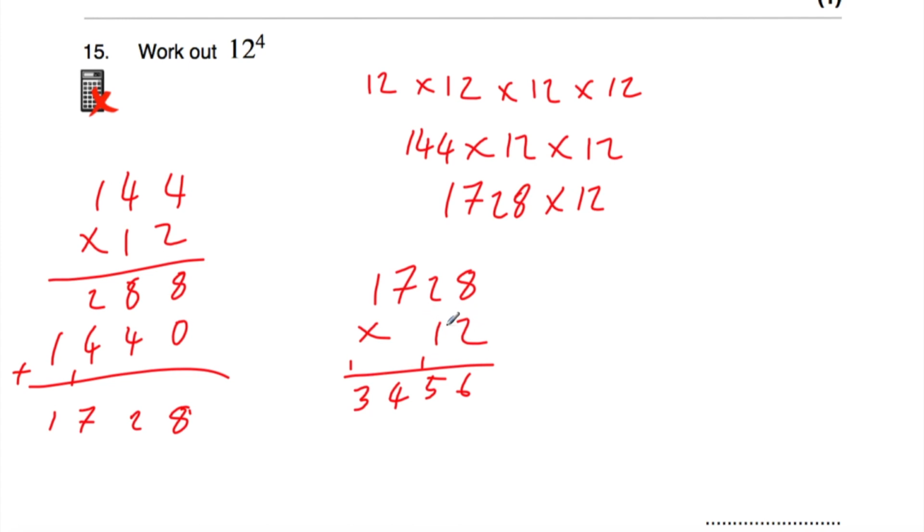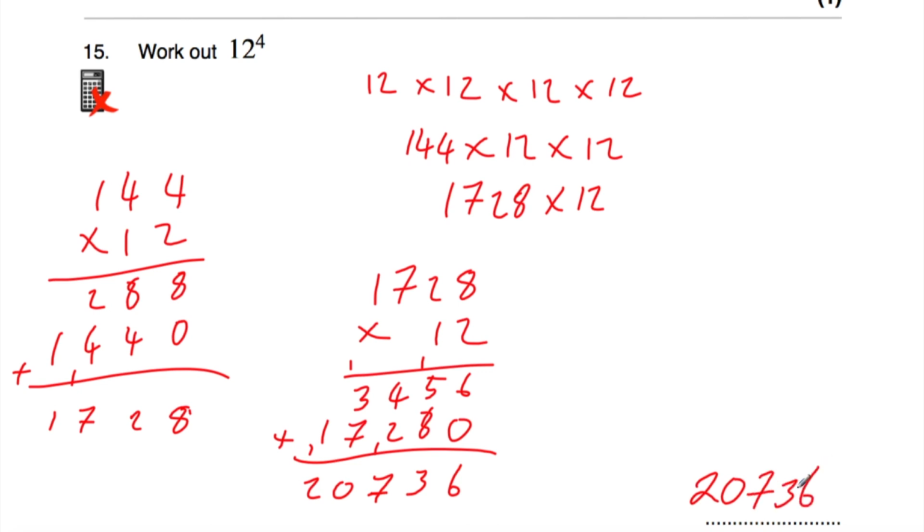So we've multiplied by 2, now let's multiply by 10. So put a 0 down. 1 times 8 is 8, 1 times 2 is 2, 1 times 7 is 7, and 1 times 1 is 1. And if we just add these together, we'll get our final answer. 6 plus 0 is 6. 5 plus 8 is equal to 13, so put a 3 down and carry a 1. 4 plus 2 is 6, plus 1 is 7. 3 plus 7 is 10, so put a 0 down and carry a 1, and 1 plus 1 is 2. So the answer is